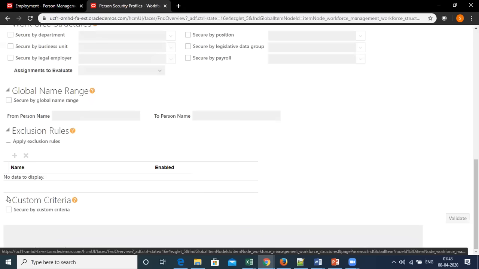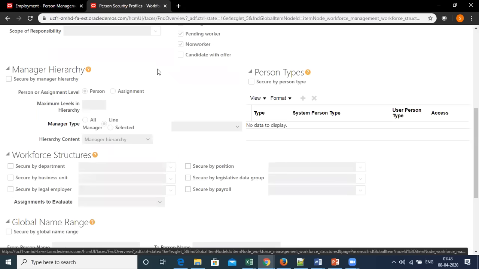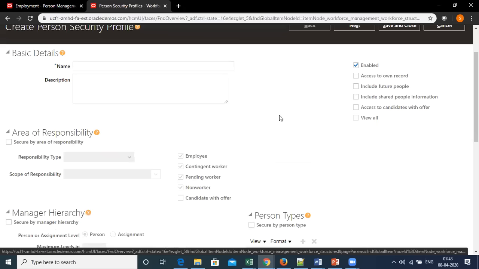Also here you can select a custom criteria. Definitely this is just an overview I'm giving. I'm going to go down this whole page.